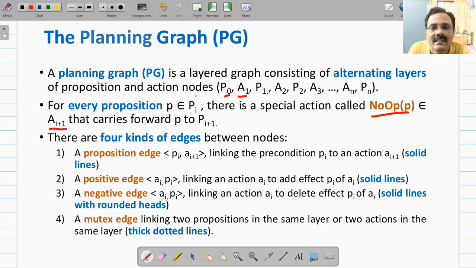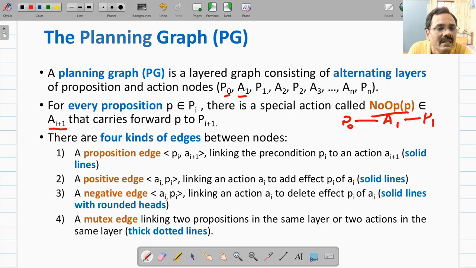That is, suppose a no-op is from P0, then that will go to A1, and then from A1 to P1. That carries forward the preposition P to Pi plus 1. So from P0 it will be carried to P1, that preposition P.